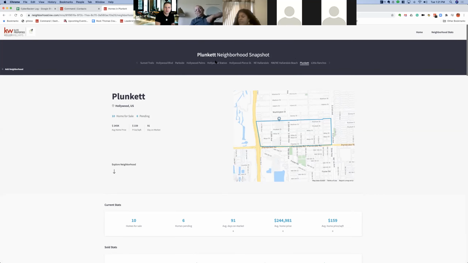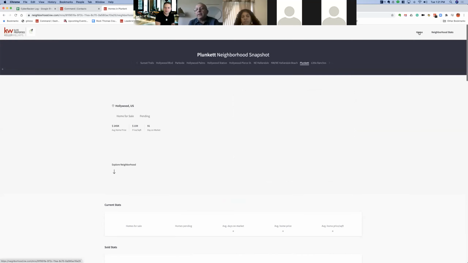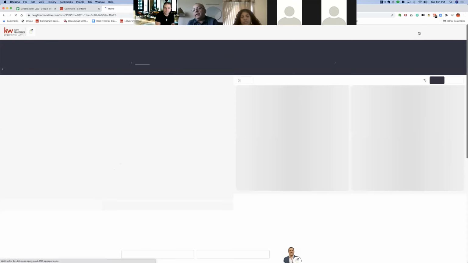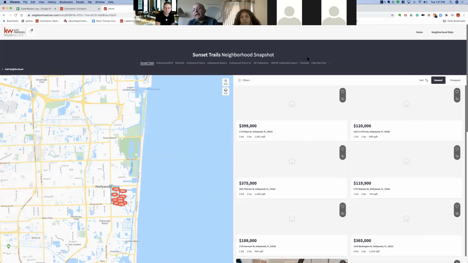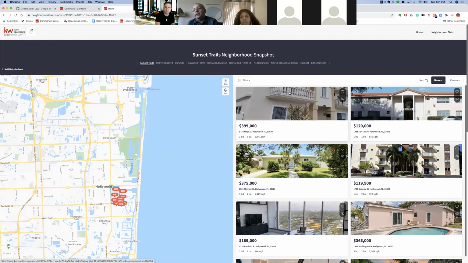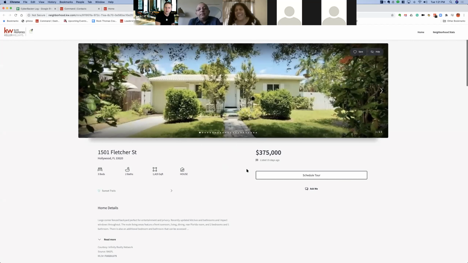So here's my favorite part of this. If they go back home here at the top. Andy, isn't this a tool only a KW agent has? Yeah, this is proprietary to us. Especially since the neighborhood was purchased by them. Yeah, exactly. So if we come here,